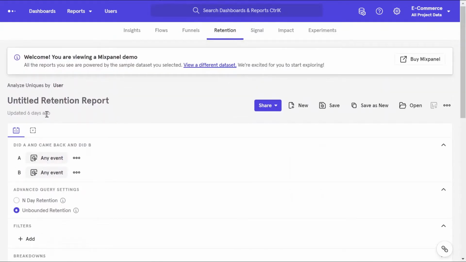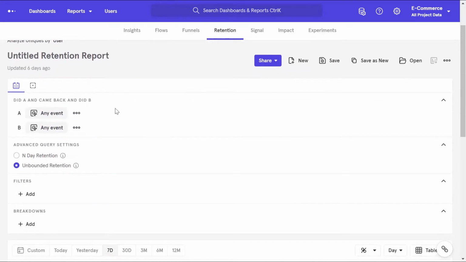In Mixpanel, there are two kinds of reports provided for measuring retention. One is simply called retention right here, and the other tab here gives a frequency report. We will go over both of them, and they can be useful in different circumstances depending on the product in question as well as the specific question you're trying to answer.